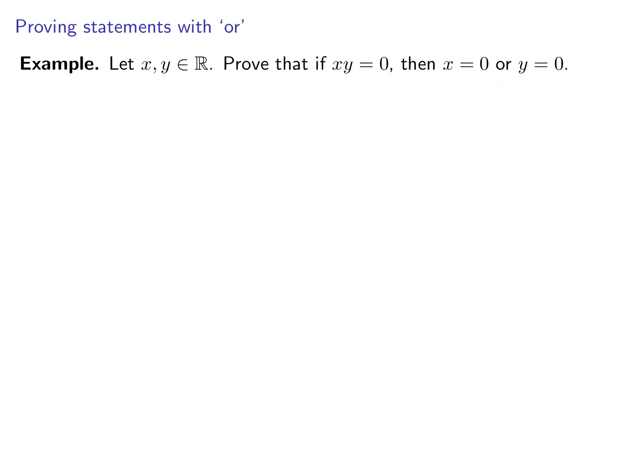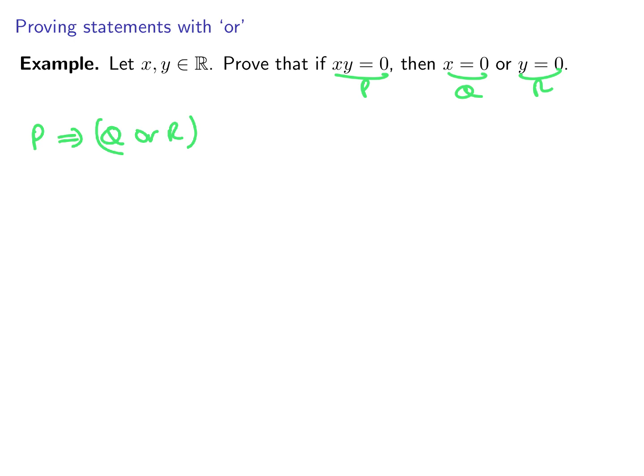Okay, now we're going to prove statements with OR by an example. Let x and y be real numbers. If x times y is 0, prove that x is equal to 0 or y is equal to 0. Okay, the way to prove a statement with OR is to do the following. So let's assume that this is P, this is Q, and this is R. So what we want to prove is P implies Q or R, right? So one way to think about it